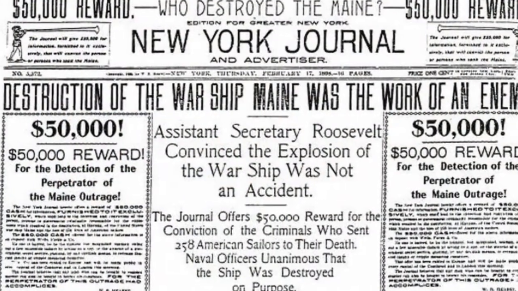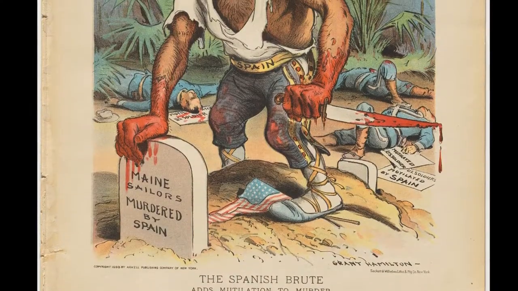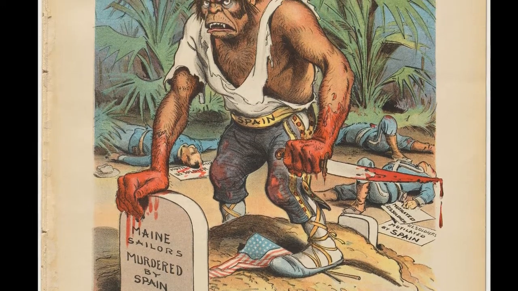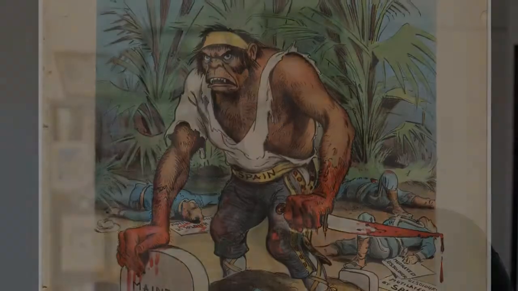At the time, we did not know what caused that explosion, but William Randolph Hearst, wanting to sell newspapers, immediately blamed it on the Spanish, and an uproar of anti-Spanish sentiment began in America, and we got the phrase, "To hell with Spain, remember the Maine." There were anti-Spanish newspapers and magazines and even songs that people were singing. People wanted revenge on the Spanish for blowing up the Maine and killing American sailors, but it turns out there was no evidence for that, and once we investigated, we actually found out that it probably wasn't the Spanish.